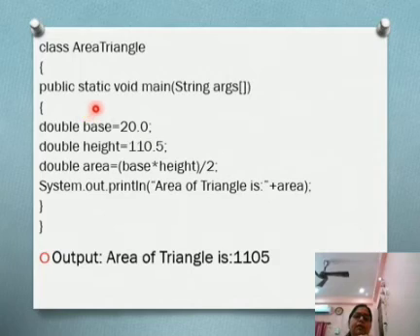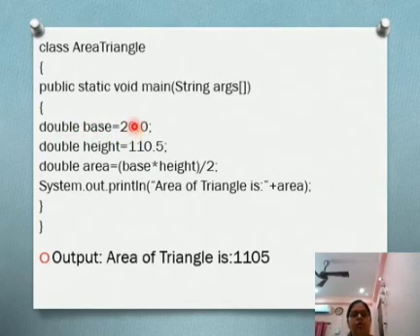Now see, beta, this is a simple program which you are going to write in your register also. We have made a simple program, class area triangle. Now public is your access specifier, public static void main, string args. Double is your data type, base, 20.0.